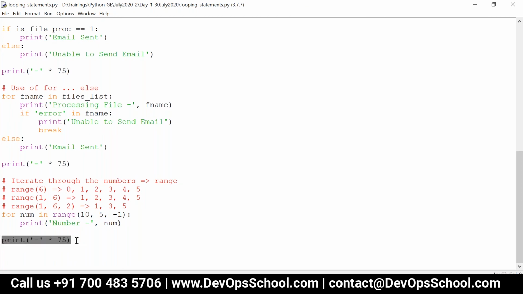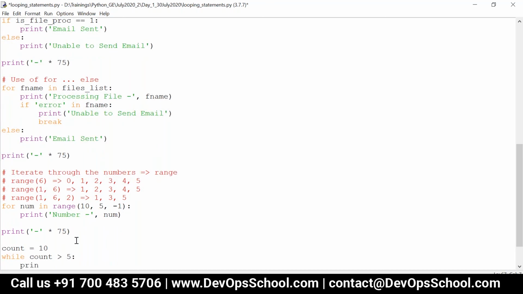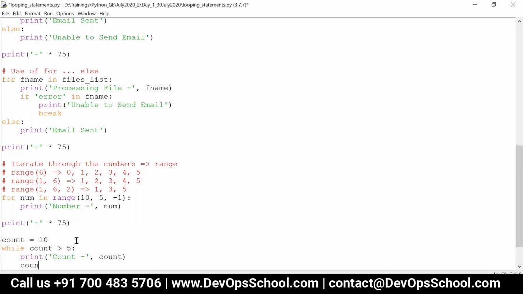And now let me write the same thing using the while loop. Let's say count is equal to 10, and while count is greater than 5, I print the count. Once I print it, I have to explicitly decrement it, since I don't have the minus minus and plus plus operators, so count minus equal to 1.